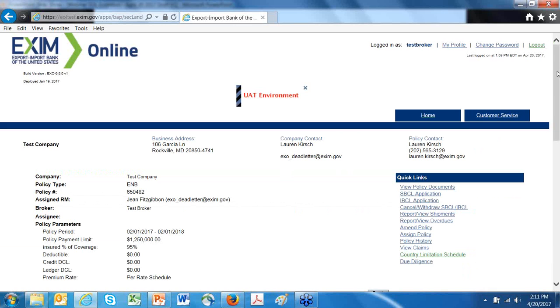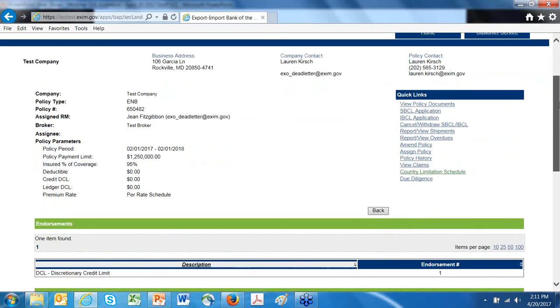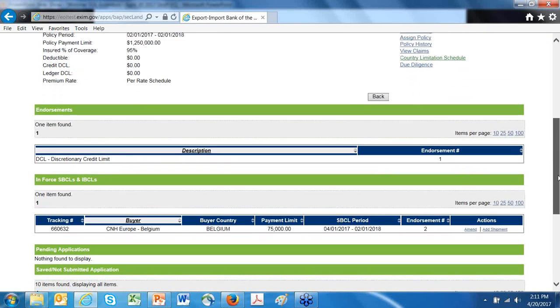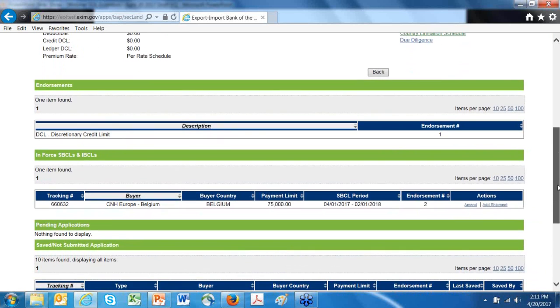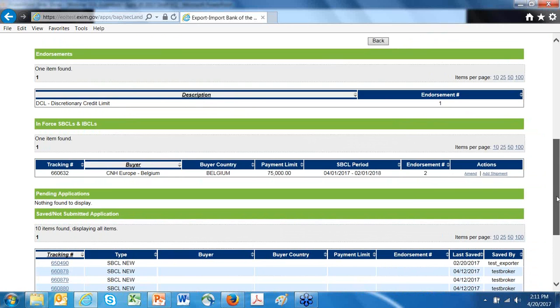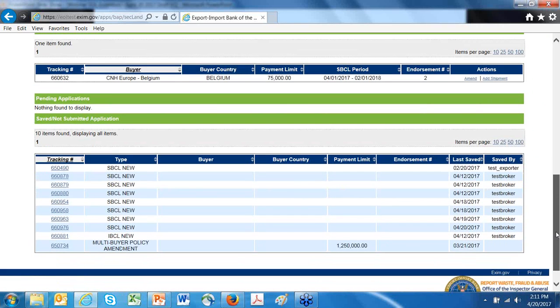So this will take you to sort of the home screen for that particular policy. It will have basic information about the customer at the top, about the key parameters associated with that particular policy over here on the top left. It'll list any endorsements, SPCLs, IBCLs, pending applications, and any saved or not submitted applications.